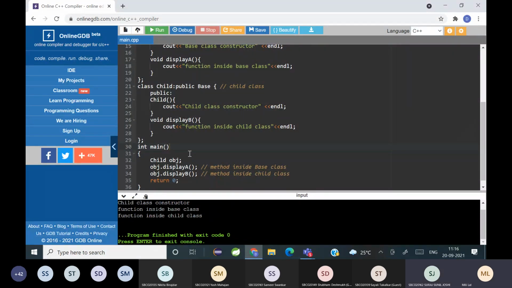A child class can access the parent class methods. Yes, a child class can access the parent class method as well as its own method. So that is what it means by inheritance. That is, the methods which belong to the base class or the parent class can be accessed by the child class. That means you need not write that method again in your child class. Instead, it is getting reused from the parent class. Is it clear now? Have you all understood?